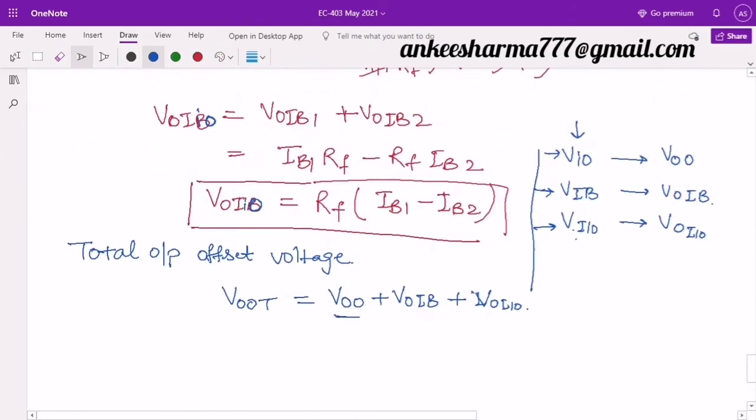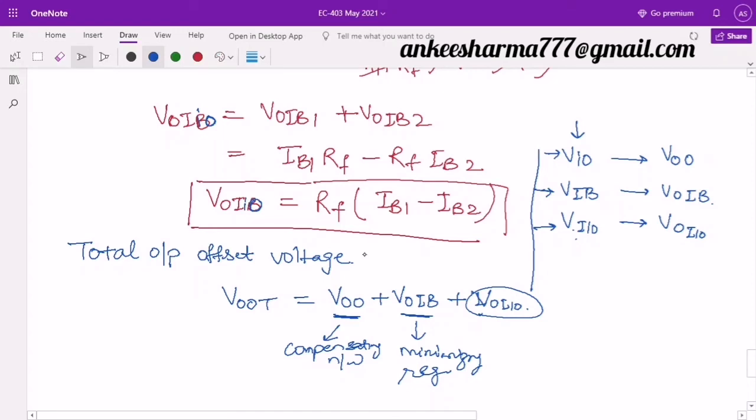We can reduce this output voltage by making a compensating network. This can also be reduced with the help of the minimizing resistor. With the help of the minimizing resistor we have overcome it. This is with the compensating network. This we cannot reduce. We try to make these base currents as small as possible, right?